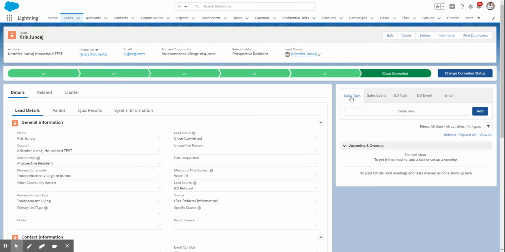So you can see here if I click on sales tasks or sales events, this lead I'm looking at is a prospective resident, so it would be sales. If you are business development and you're working on a contact who works for a business, you could use business development task or event. So I'm going to go ahead and say that this is a task that I am